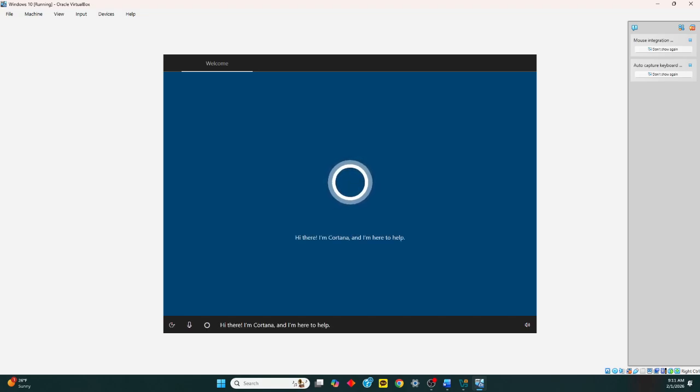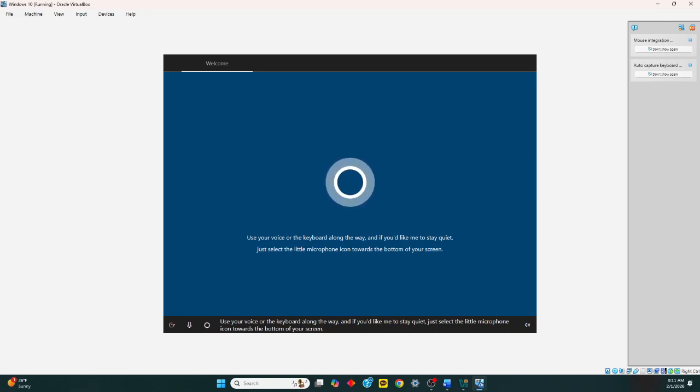Hi there, I'm Cortana, and I'm here to help. A little sign in here, a touch of Wi-Fi there, and we'll have your PC ready for all you plan to do. Use your voice or the keyboard along the way, and if you'd like me to stay quiet, just select the little microphone icon towards the bottom of your screen. If you need an assistive screen reader,